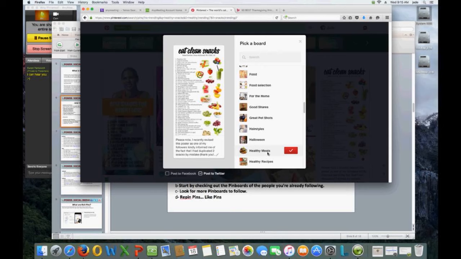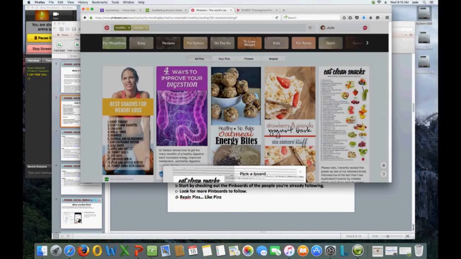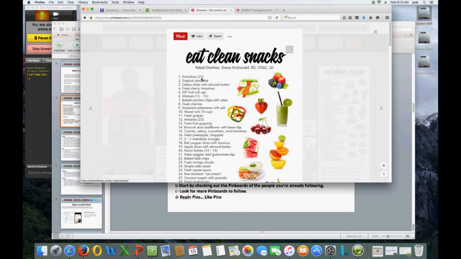So when I want to go back and find those clean snacks, here they are. It's going to be on my board. Pistachios, walnuts that I love, broccoli, maybe you don't like, but really healthy. I love broccoli. So those are things that are very easy to use.